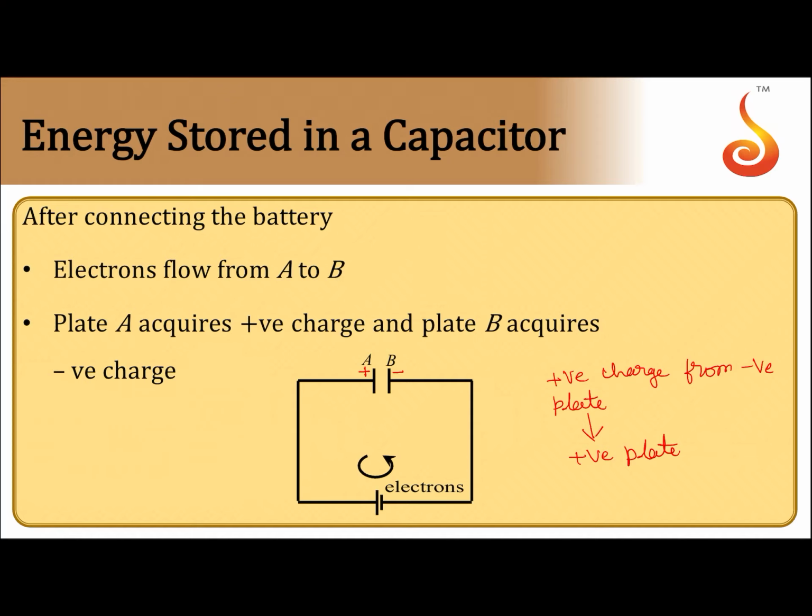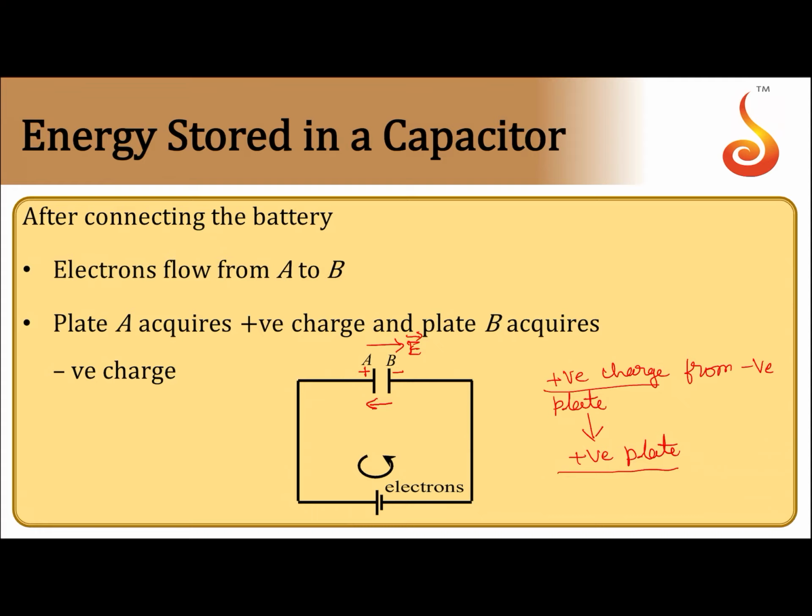You have to take a positive charge from the negative plate. See, the negative plate is already deficient of positive charges. From that you have to take a positive charge. Then the field present there will oppose it. So against that opposition you have to do work. That is the first part. Next you have to transfer this positive charge to the positive plate. So you are moving a positive charge from the negative plate to the positive plate in this direction, but the electric field direction is this way. So you are doing work against the direction of the electric field.